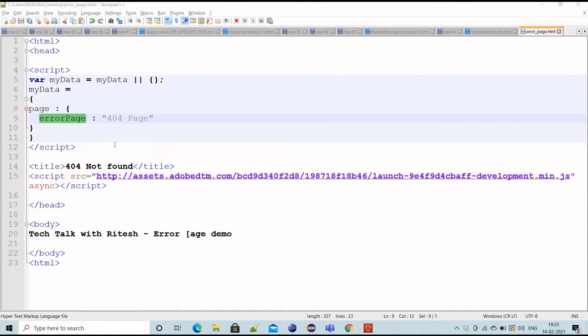What we can do is, on the 404 page itself where you are recording, within your data layer you can have a property, likewise I'm having right now. Error page is my property in which I'm writing some details. Right now it's hard coded, or maybe your title is also good, either way. I'll show how, using this error page property, we can record 404 pages.